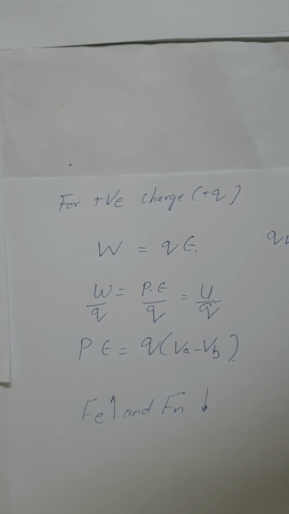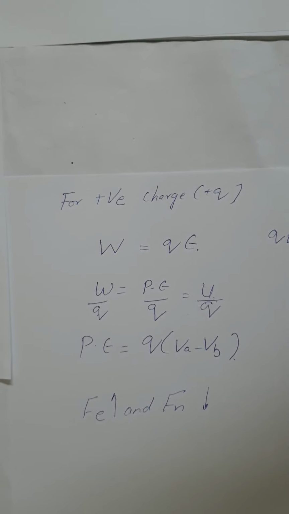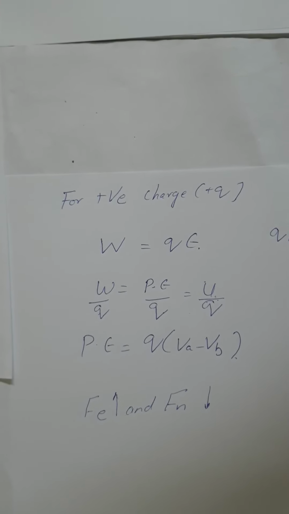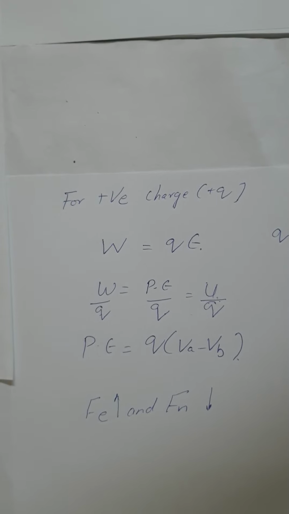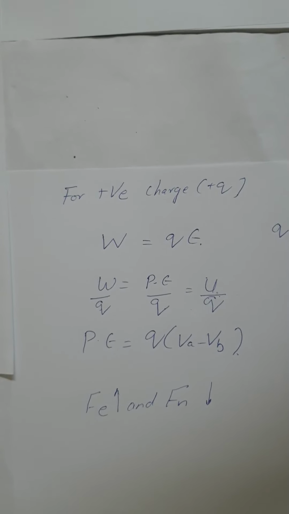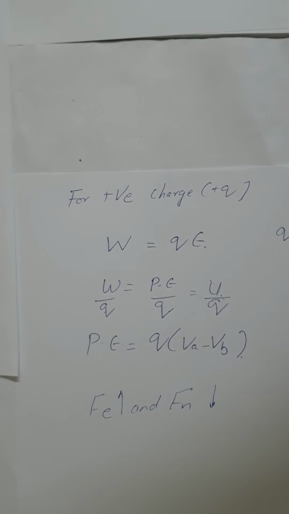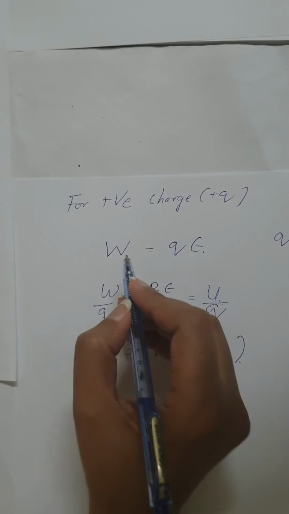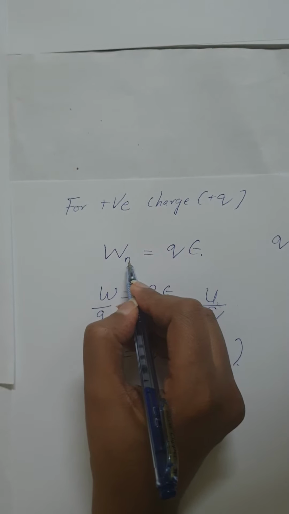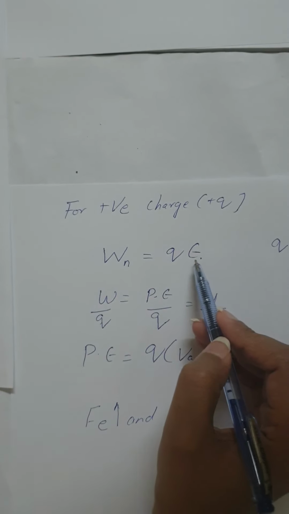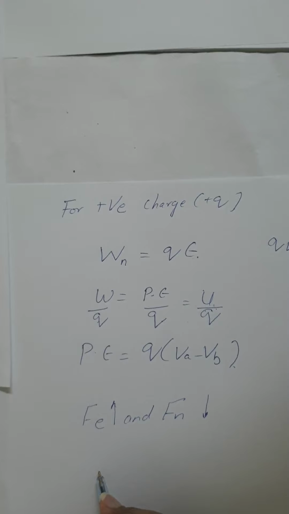There is an increase in potential energy but no change in kinetic energy of the charge. It is like lifting a book from the floor to a high shelf at constant speed. The increase in potential energy is equal to the non-electrostatic work. You can say the non-electrostatic work per charge is equal to E, and it becomes